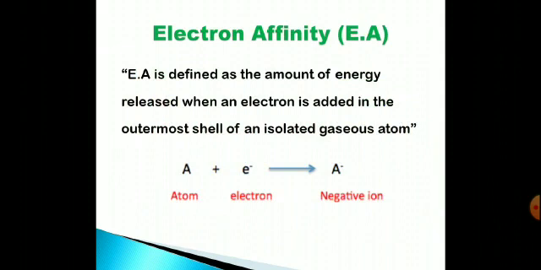From the term electron affinity, it means the attraction of the electron towards the atom. That means electrons are being added to the atom. Greater is the attraction of the electron, greater is the energy release, and vice versa. Since the electron is added to the atom, it converts it into a negatively charged ion. In the periodic table, how does this electron affinity vary?